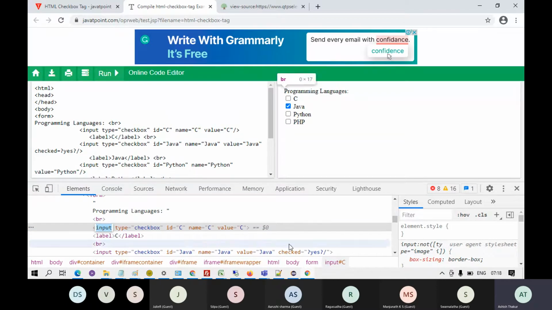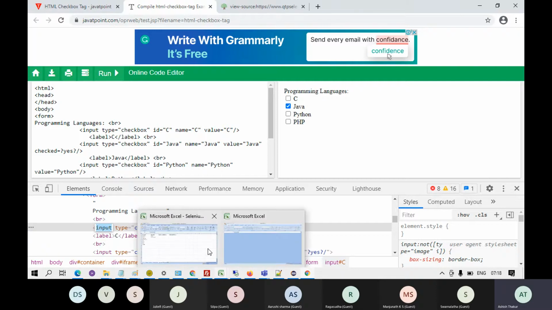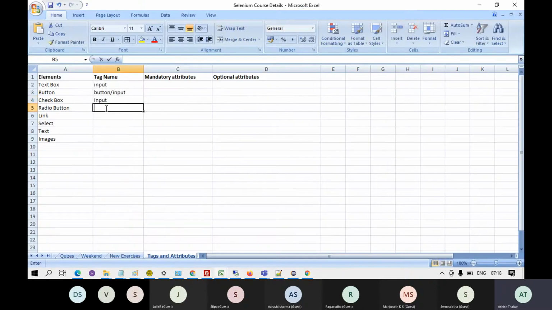Input is the tag name for the checkbox as well. And if you investigate any radio button, the tag name for radio button is also input. So input can be the tag name with text box, button, checkbox, radio button, but there are a few mandatory attributes.